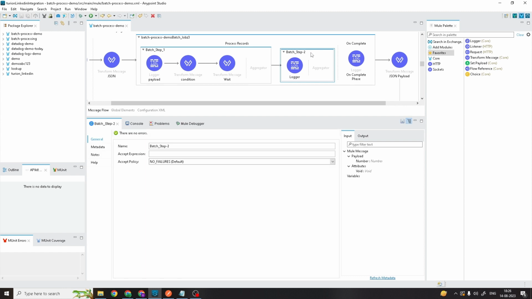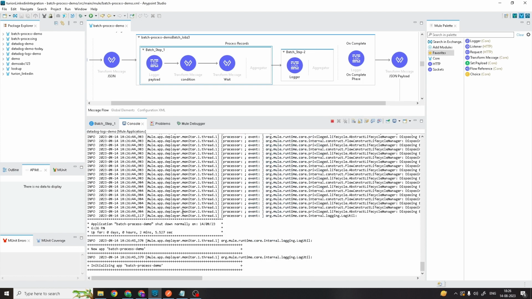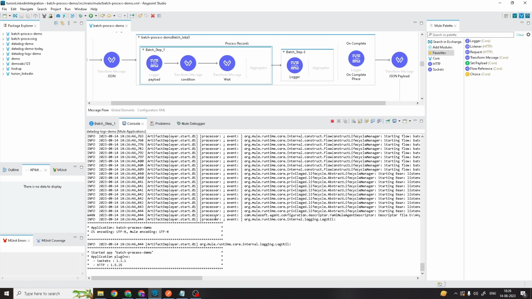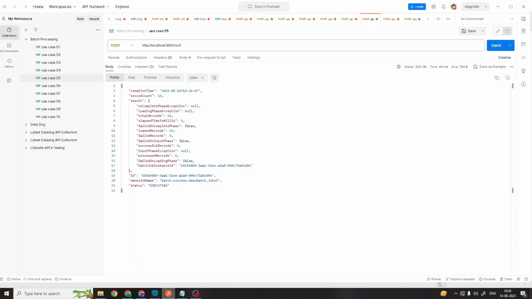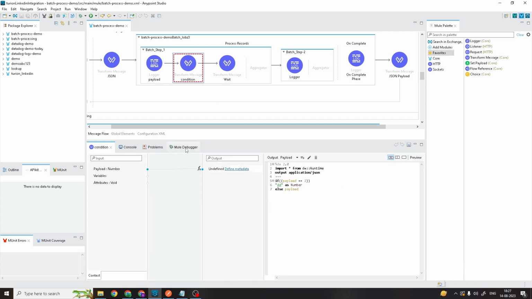Okay, so what if accept policy is only failures? In this case, it will process only those records which failed in the preceding batch steps. Okay, so guys, let me save it and deploy it. If I trigger this application again, you can see that 2 has failed again. If I resume it,